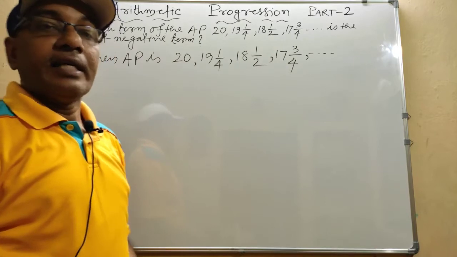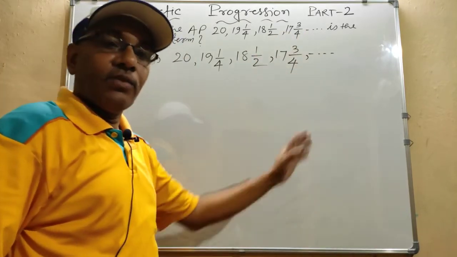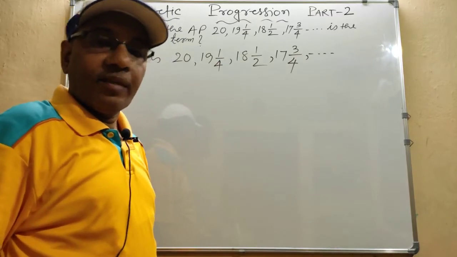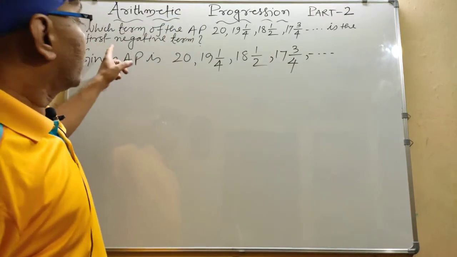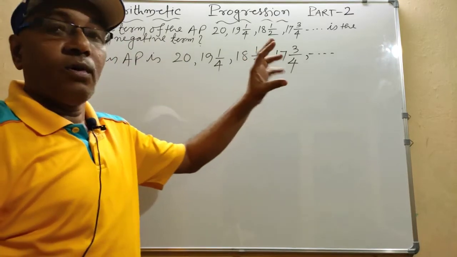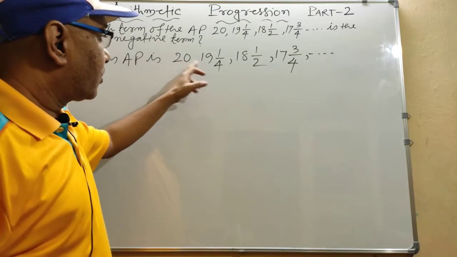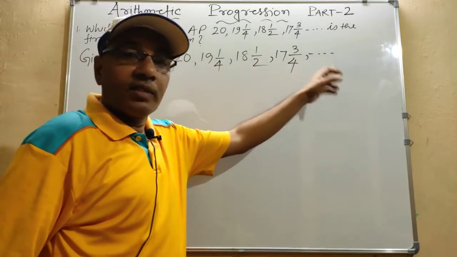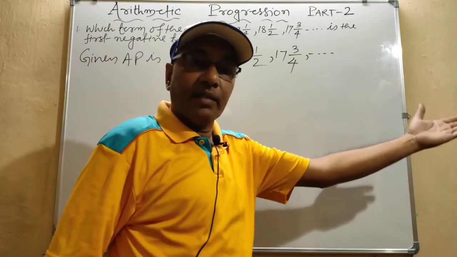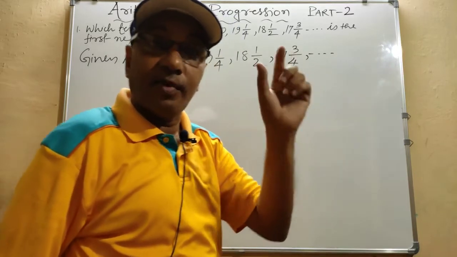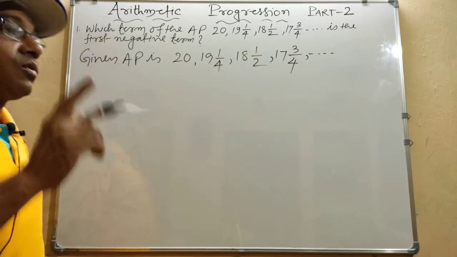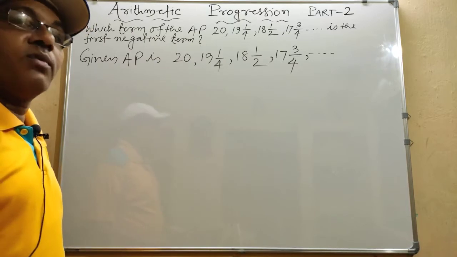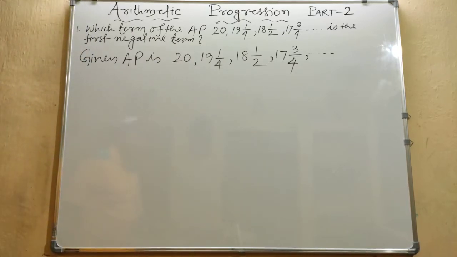घटते जा रहा है, घटते जा रहा है तो कहीं ना कहीं जा करके जीरो हो जाएगा, जीरो होके फिर नेगेटिव हो जाएगा, नहीं क्या? अरे घटते जा रहा है तो घटते घटते घटते जीरो फिर नेगेटिव आ जाएगा. क्वेश्चन इज फर्स्ट नेगेटिव टर्म. कौन सा टर्म नेगेटिव होगा पहला? जैसे ये पहला, दूसरा, तीसरा, चौथा, फिफ्थ, सिक्स, सेवेंथ, एट्थ, 10th or 11th or 15th or 20th or 50th, which term will be first negative term? नेगेटिव तो आएगा ना कहीं. तो पहला नेगेटिव वो कौन सा टर्म होगा? 20वां होगा कि 21वां होगा कि 50वां होगा? ये क्वेश्चन है. I think you have understood.